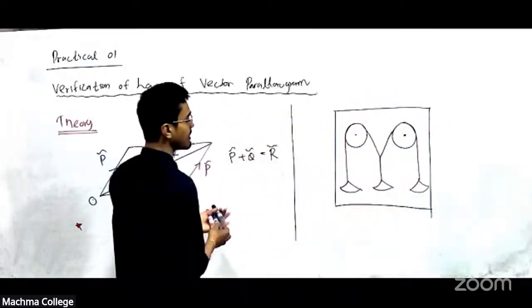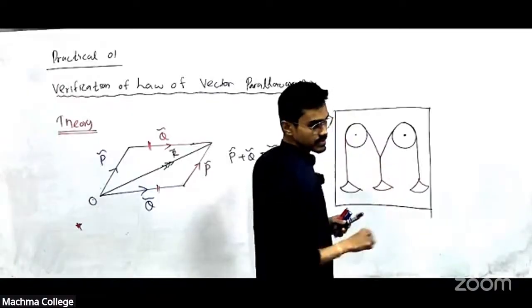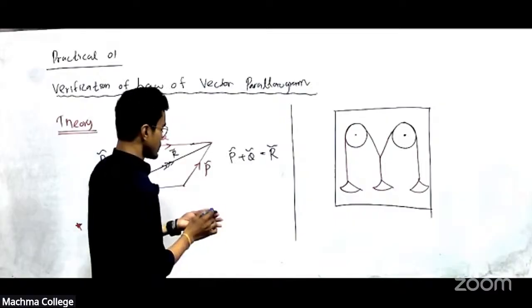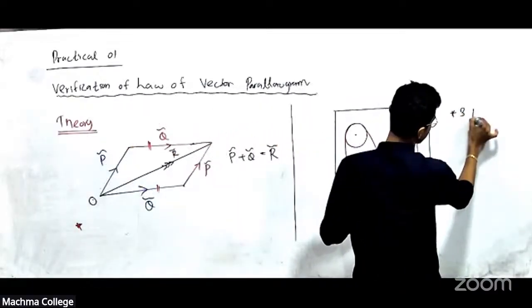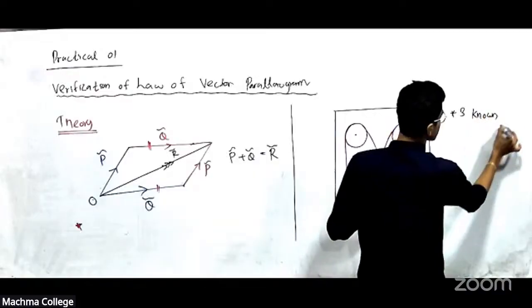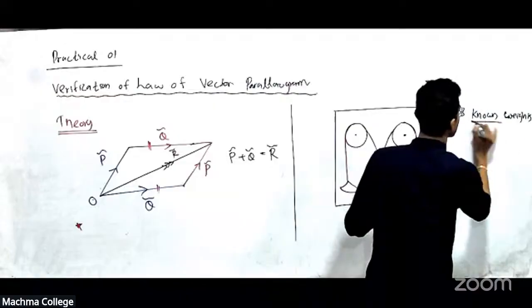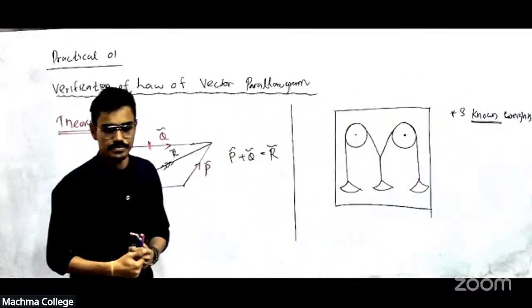Okay. Now, we have to have three known weights first. Three known masses or three known weights. Right? This is important. Three known weights. You cannot start with unknown weights. If this is verified first, then as the next step, we can find the unknown weight.